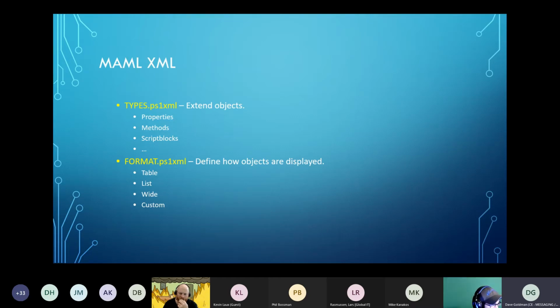MAML stands for Microsoft Assistance Markup Language. If anybody cares to know more about that, just look up MAML on Wikipedia. But for tonight's sake, there are 2 files that PowerShell uses. There's a types.ps1xml, which allows you to extend your objects, and a format.ps1xml, the file that defines how your objects are displayed.